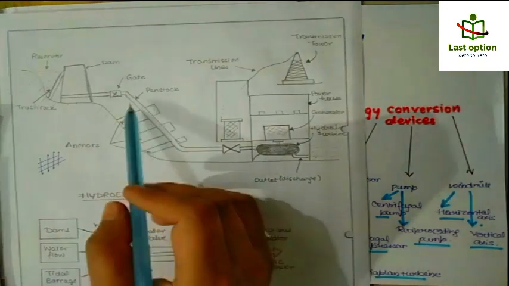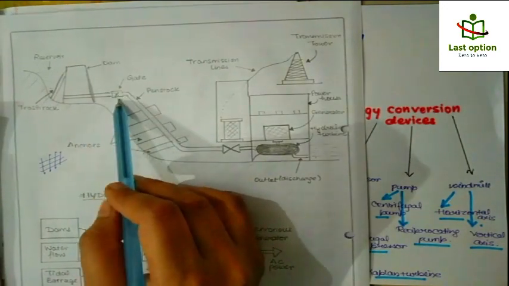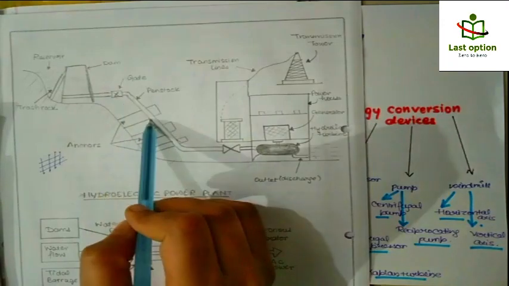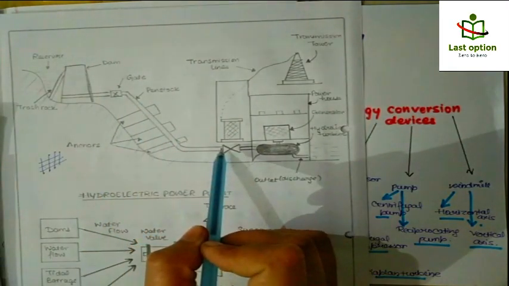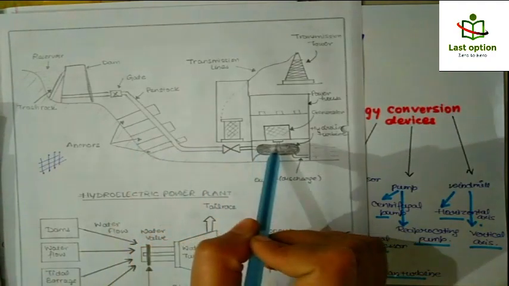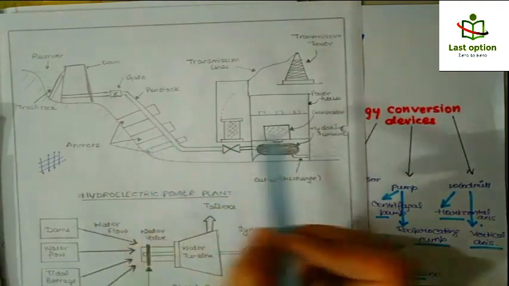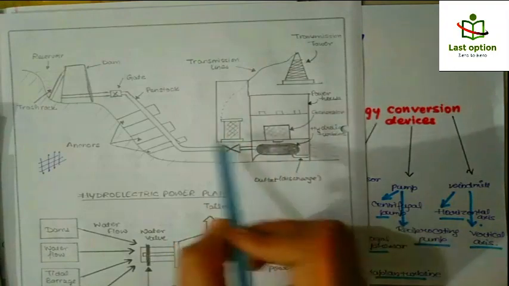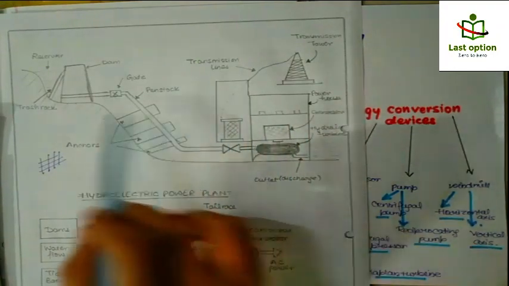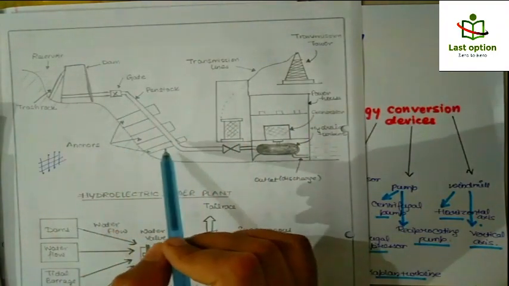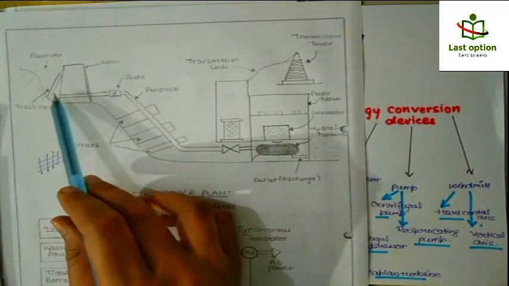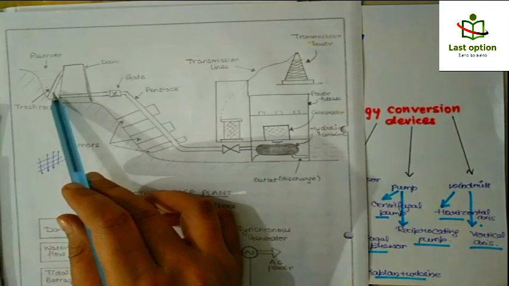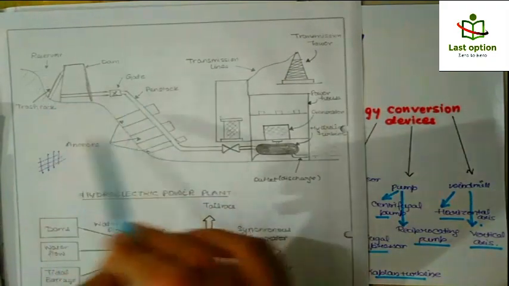Okay, then we have a gate. Basically it opens and closes the supply from this pipe, and this penstock is the pipe from where the water is going to flow. And then we have a control room, which controls everything happening here, meaning when the gate should be opened, and how much water should be stored here, and all those things.